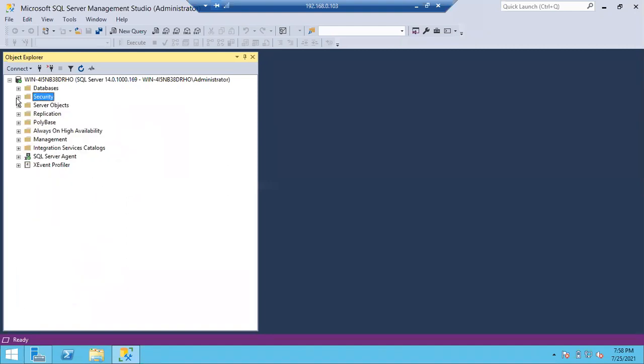So if you see here, this is my object explorer, where you can see all the connected servers especially. Say for example, if I disconnect this server, what will happen? This is the connect button, this is the disconnect button. If you place your cursor, you can see the name: connect object explorer, disconnect. If I simply disconnect an instance, will my server stop?